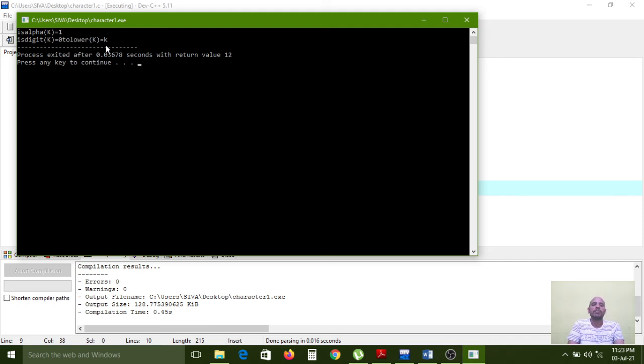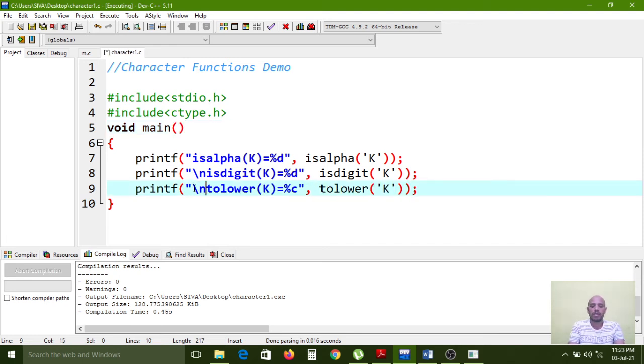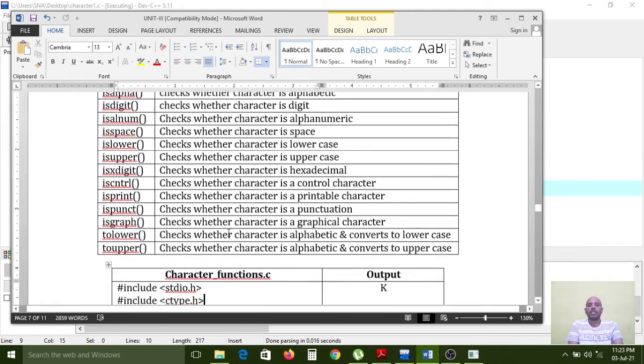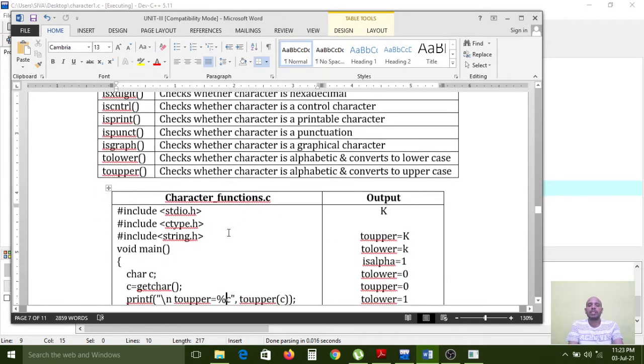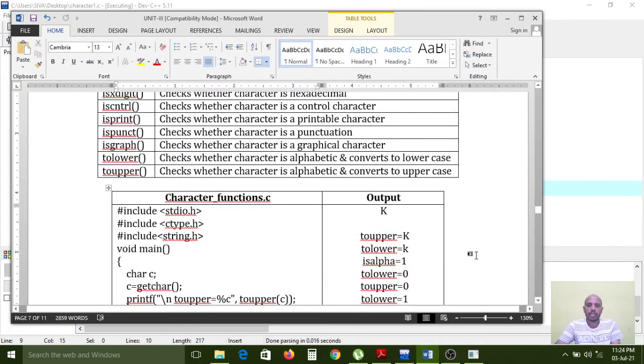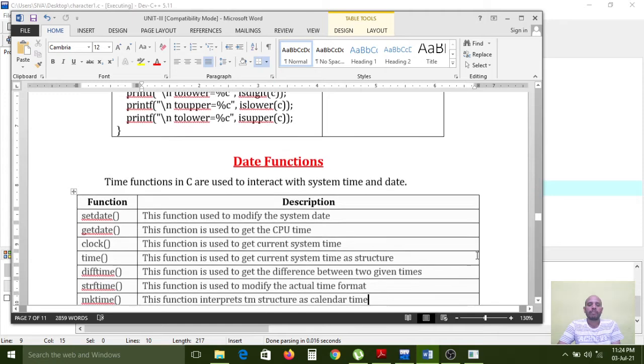Here carefully observe, the k value is converted. Like that we can use the to lower and to upper functions. So these all are character related functions, right? Now you have understood how to use the character functions. You must include the ctype.h header file in our C programming. So like that, character functions are also over.